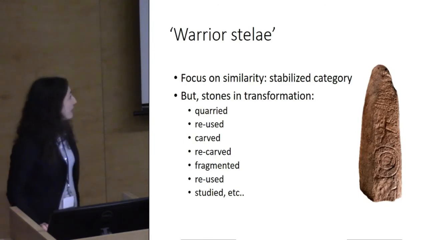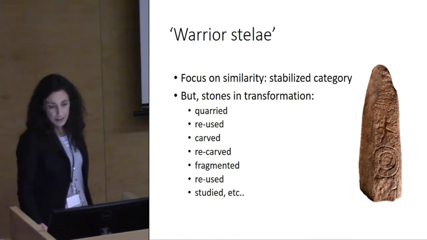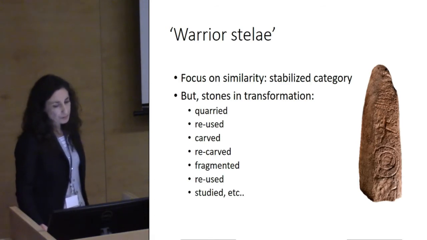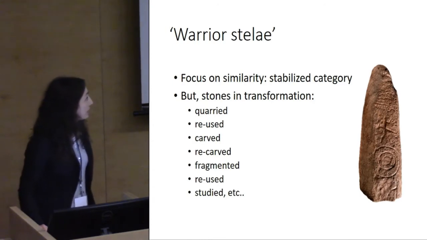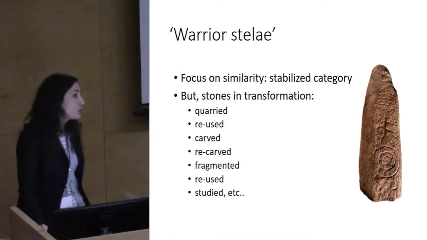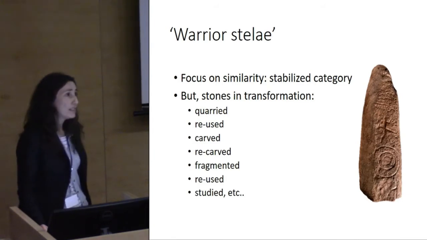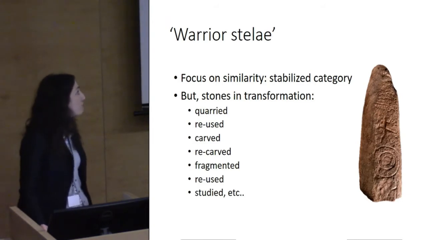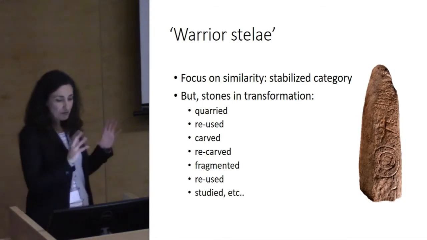So here we can see that, for example, classifications can be tricky because on some occasions we see that these kinds of iconographies were carved on stones that have been previously dressed, as in this case where we have a statue menhir. So there have been some problems in classifying this. Is this a statue? Is this a stela? So these problems come from very